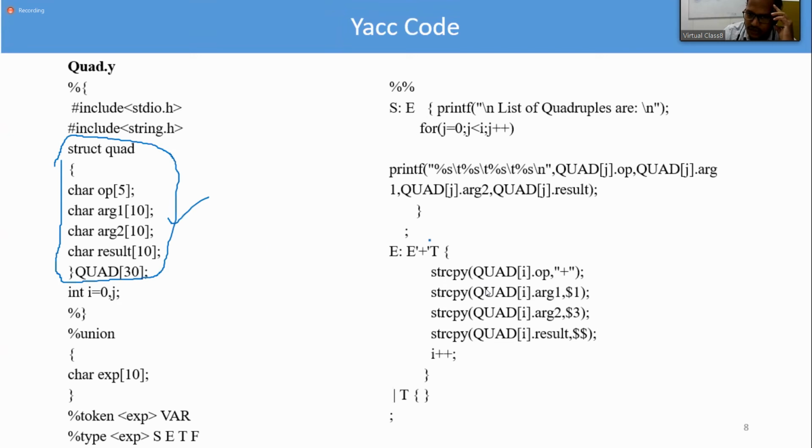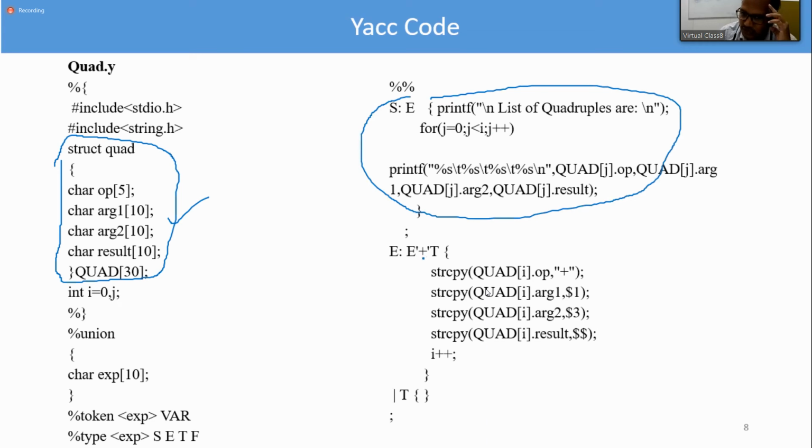This is for the printing purpose, how you are printing. Whenever you get a plus, that is the first operation. What do we need to give? The operation, argument 1, argument 2, and the result.